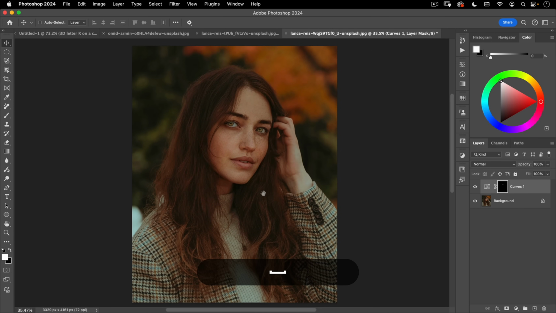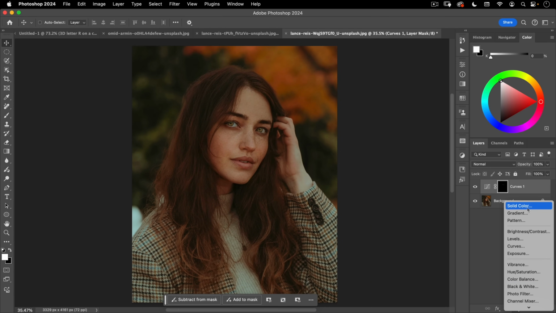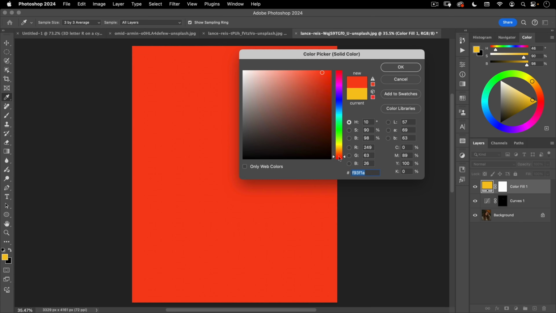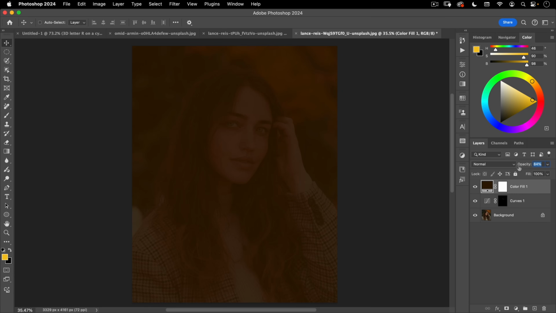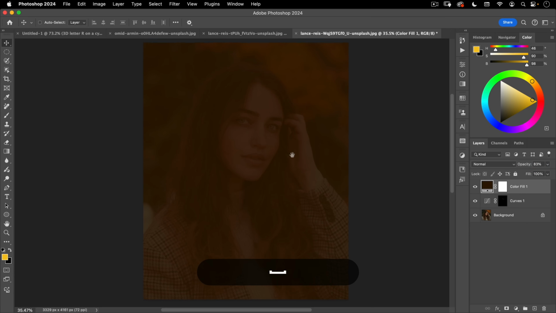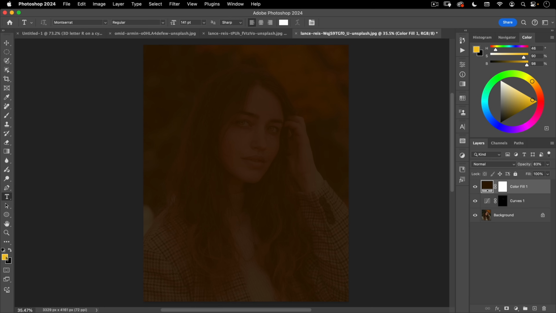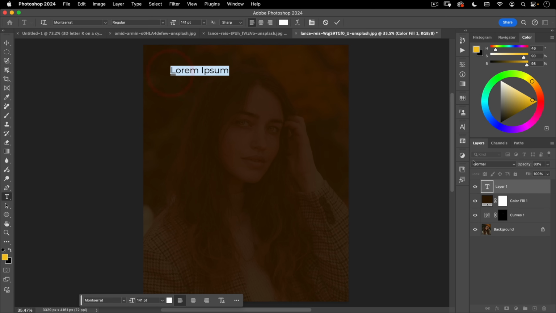And to show you that, let's go ahead and just add a solid color here. We'll make this kind of a dark brown, kind of autumn color, and then just take the opacity down. And here I want to add a list of items. So let's go to our type tool. I'm going to make my text white, good, and then just type here and we'll say